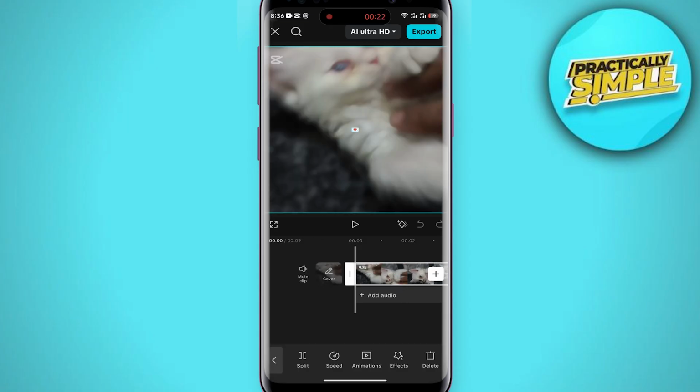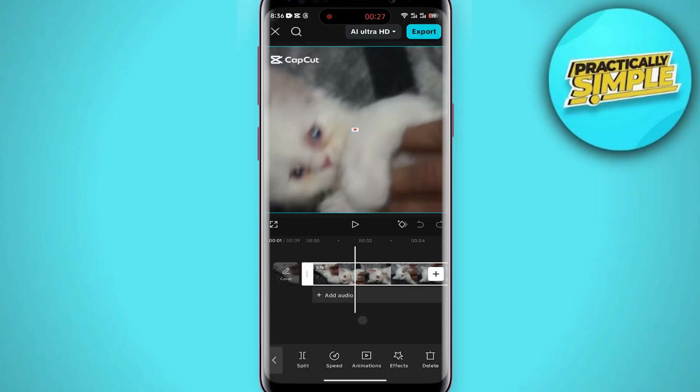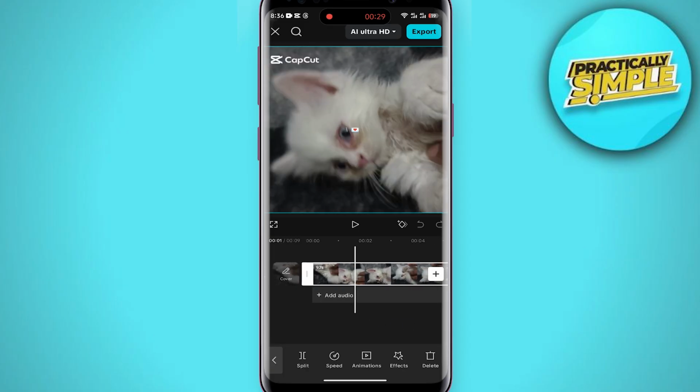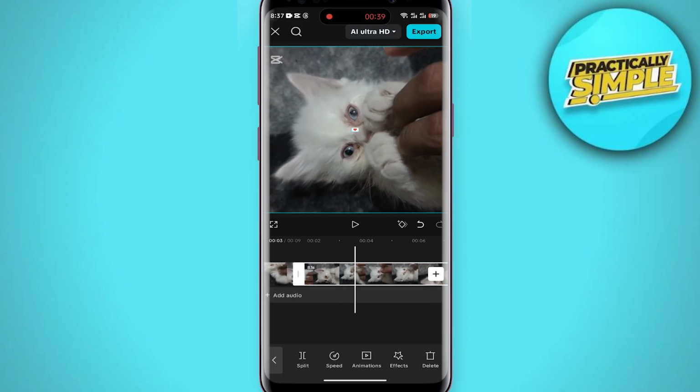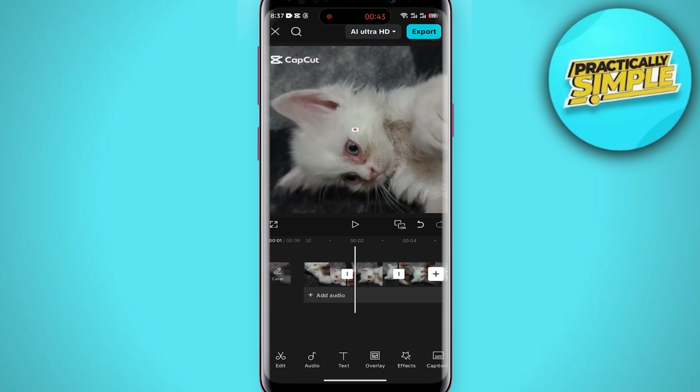the position where you want to start speeding up your video. So here is the point where I want to start speeding up my video. Just select your video and tap on this split. And now we have to come to the point where we want to end speeding up. Again, tap on this split button and after splitting this area of your video, now to speed up, select that